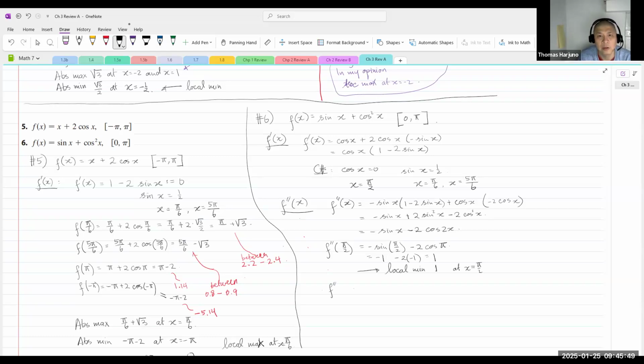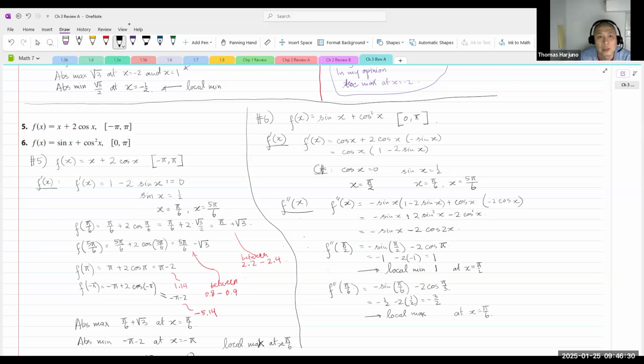Now the second derivative at pi over 6 will be negative sine pi over 6 minus 2 cosine pi over 3. That's negative 1/2 minus 2 times 1/2. That's negative 3/2, right? So from there we say that's a local maximum at x equals pi over 6. Now when I plug that number in here,